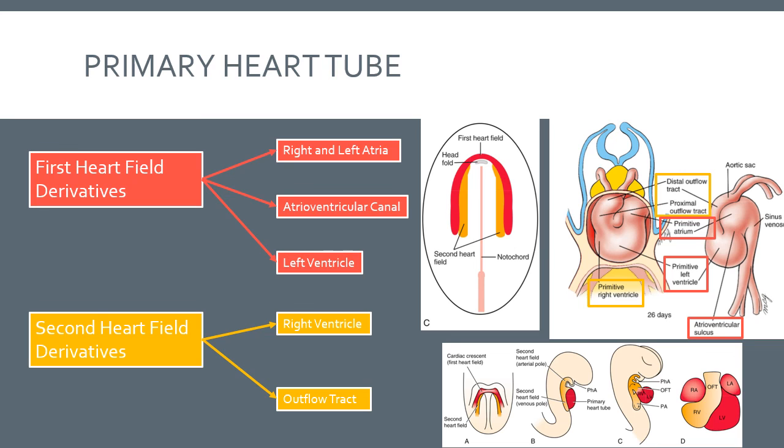Of course, we'll talk a lot about how we get septation, how we get separate chambers, that's a separate sort of thing. But this process of the tube curving, looping, coming back up on itself is what puts those regions of the tube that will become the future chambers and outflow tracts into their final